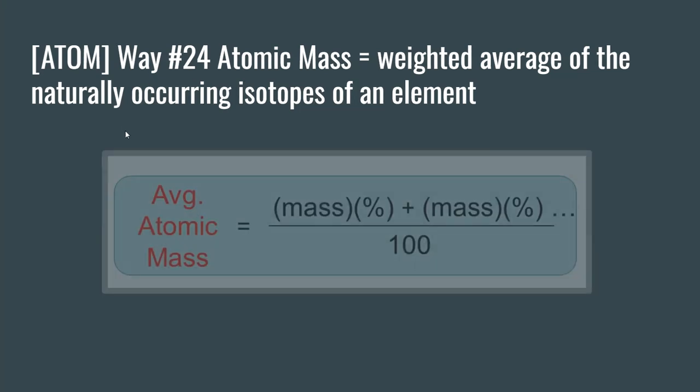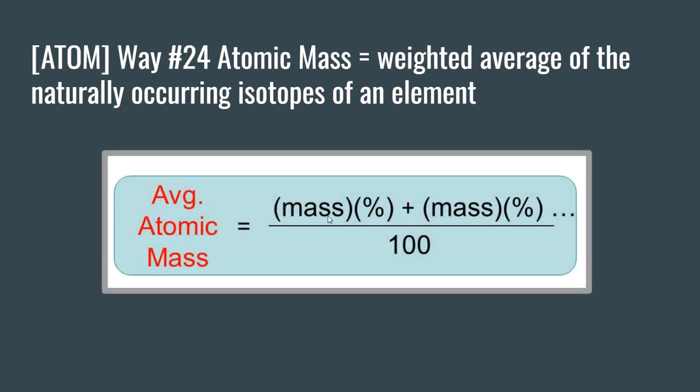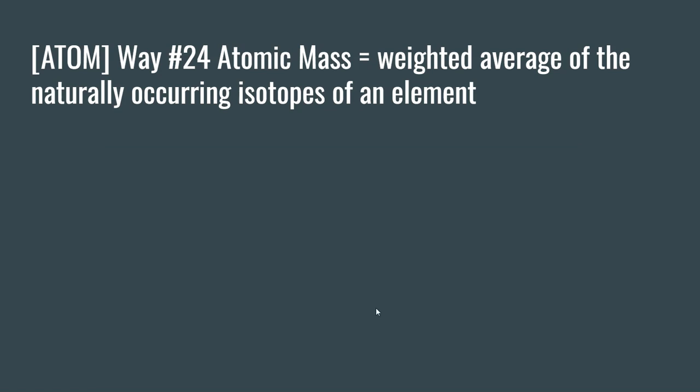Well, the formula for this is we take the mass of that particular isotope times its percent abundance or natural abundance. This will be provided for you in the problem. We add that to the mass of the second isotope multiplied by the percent of the second isotope. And we keep doing that and divide by 100. Alternatively, you'll have to convert the percent value to a decimal, and you remember how to do that probably from your